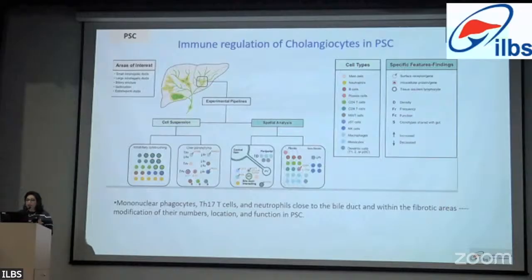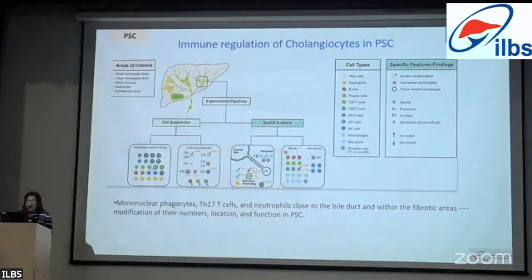Then we come to the cholangiopathies such as PSC and PBC. This is very well defined, and in the consecutive cholangiocyte lecture series, people will cover these in more detail. But to give you a brief, in PSC, when they did the experimental pipeline and used spatial analysis, they identified a few of the immune cells which were highly present in PSC and lead to the